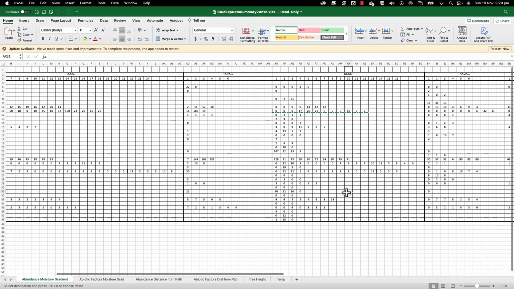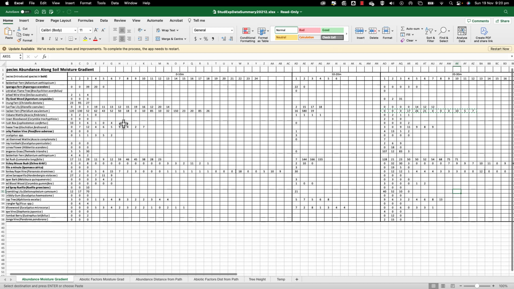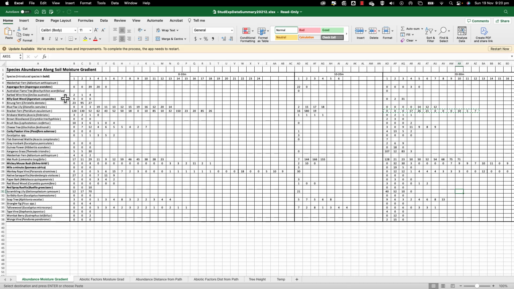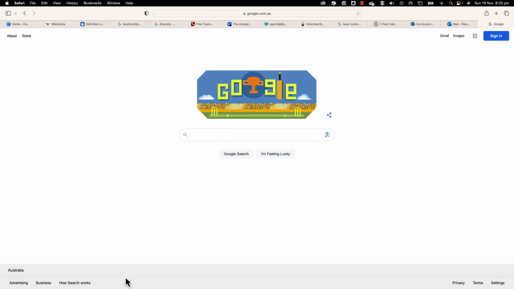Okay, I'm going to show you how to do a t-test to compare the abundance of a species in two different locations. So let's have a look at the bracken fern, and we're going to compare 0 to 10 meters and 20 to 30 meters. So first of all, we just need to copy the data, and then we're going to go to Google, and